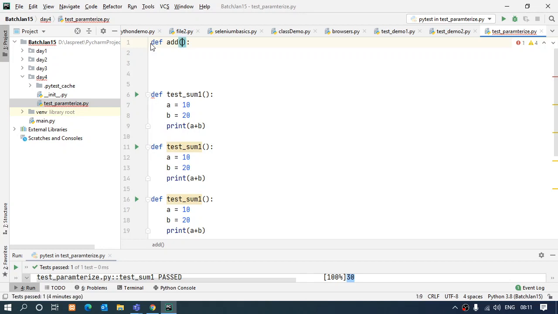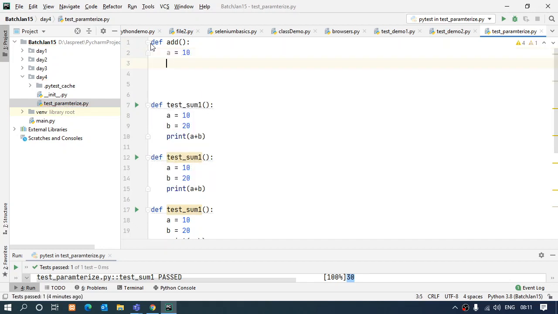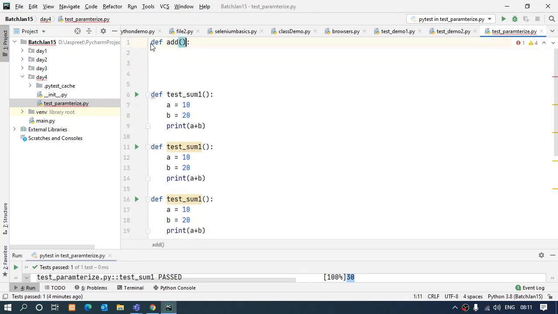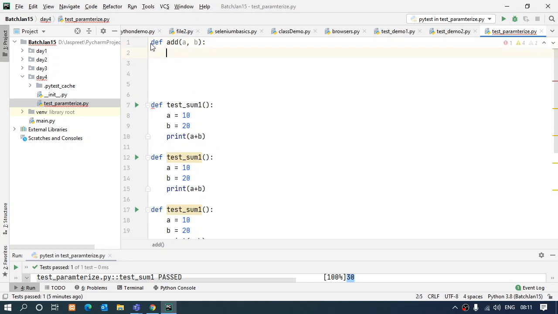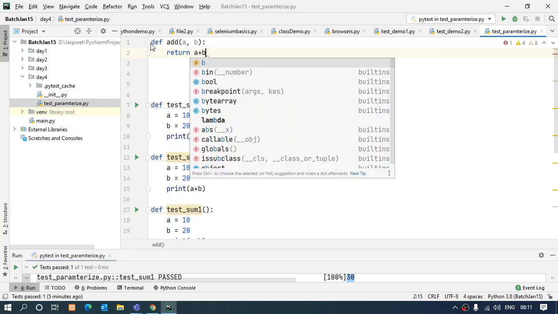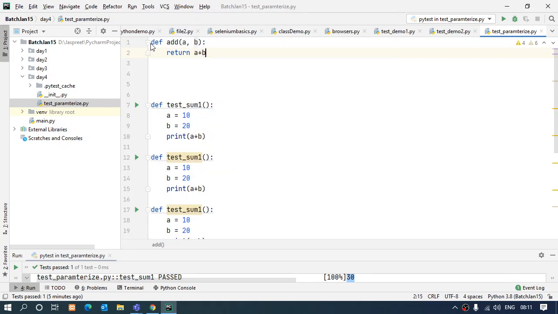Let's not hard code the value. I'll pass two variables over here, a and b. Whenever I call this function, I'll put in the values, and in here I'll just return the sum of a plus b. Okay, this is what I'm going to do.